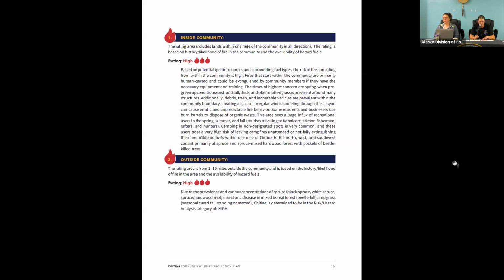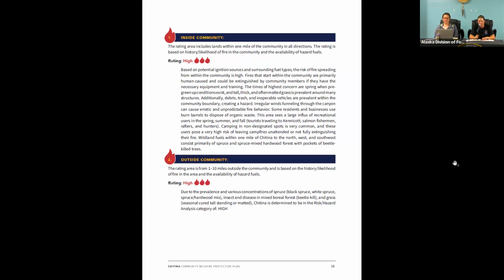Another area that has a higher rate of fuel consistency is around some of the airport infrastructure. And additionally, this is a highly used recreational area by fish wheels, which again could inadvertently start a fire and affect the infrastructure in that area.